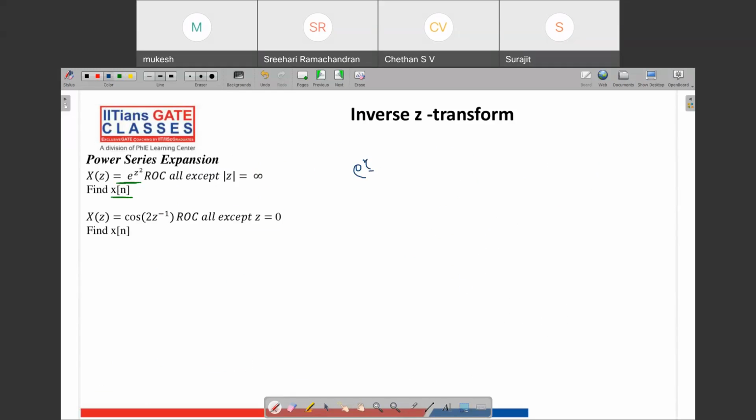We know that e to the power x is equal to 1 plus x plus x square by factorial 2, plus x cubed by factorial 3, and so on. Similarly, for e to the power z square, you just need to replace x with z square, so it will become 1 plus z square plus z to the power 4 by factorial 2,